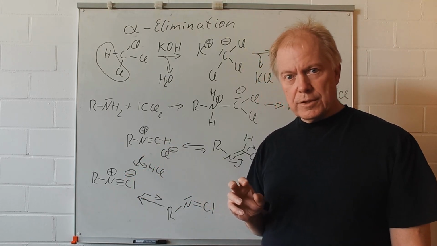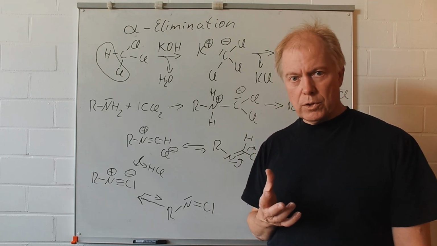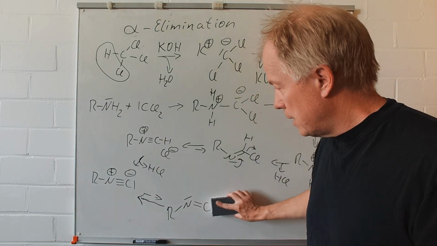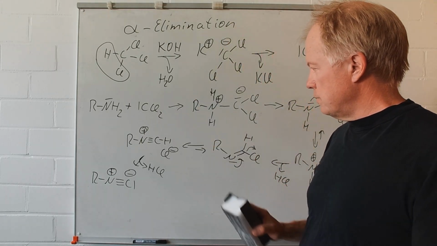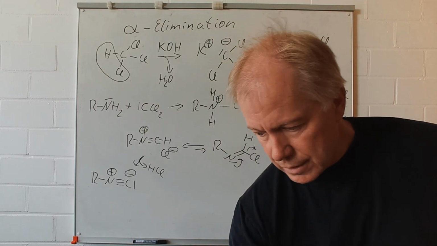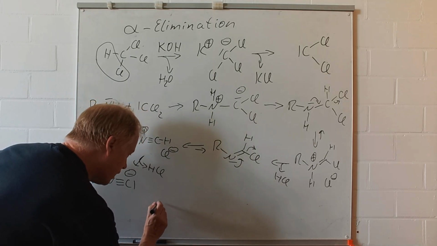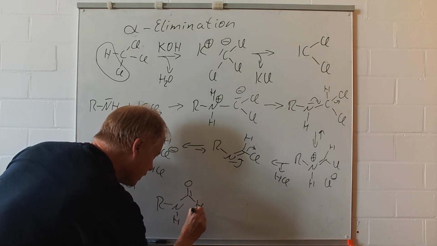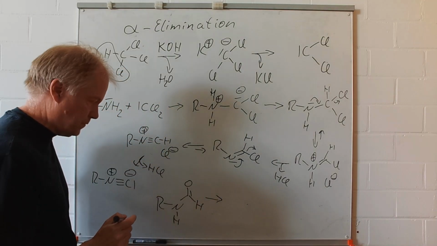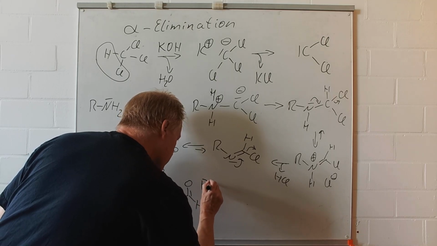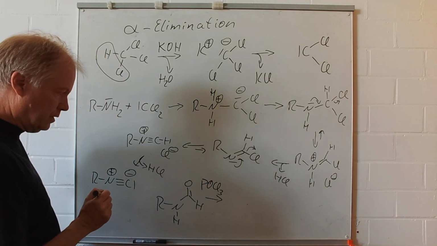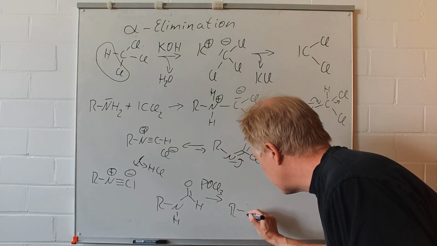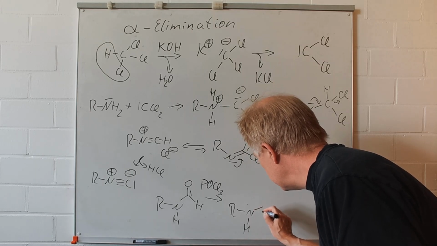Those isonitriles are very valuable compounds for synthesis, for instance for the Ugi four or five component synthesis. And this is actually not the normal way to synthesize isonitriles. Normally, you start with an amide of formic acid, treat that with phosphorus oxychloride, POCl3. You will get to this intermediate,